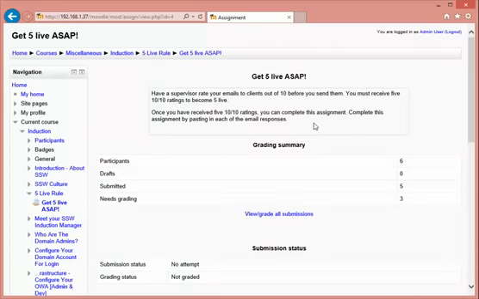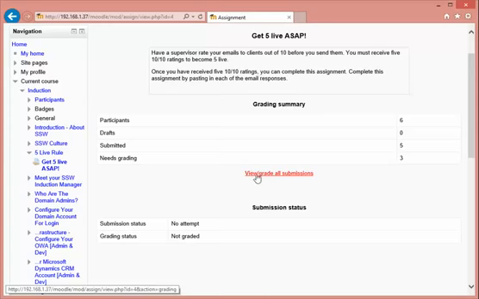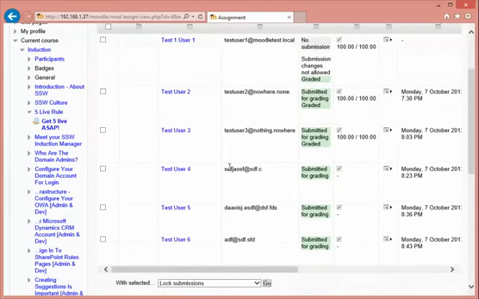I can see a similar view as to what the student sees, with a few differences. I can see all the participants, any draft submissions that are waiting, submitted items, and any that need grading. So there are 3 here. I will view or grade all submissions, and I get this table here which shows me all the submissions. So we were logged in as test user 6 before,